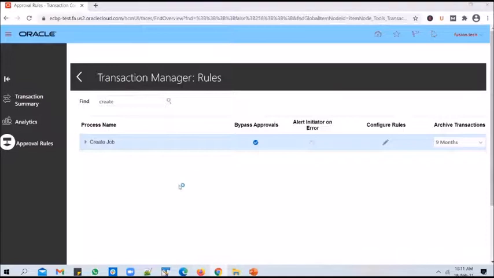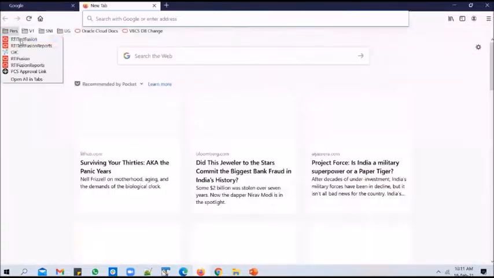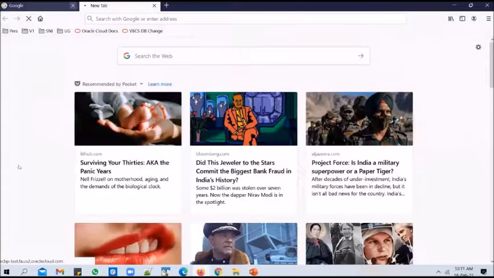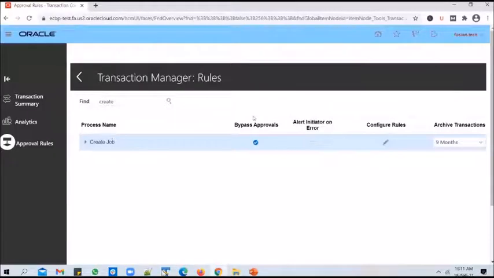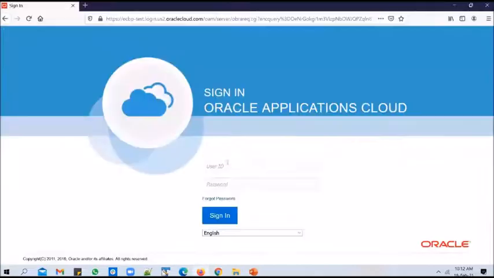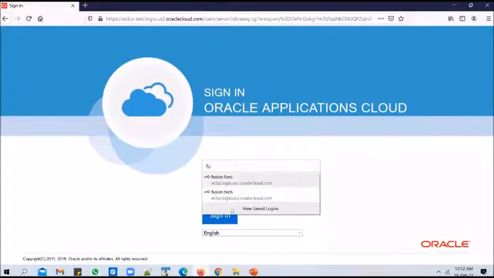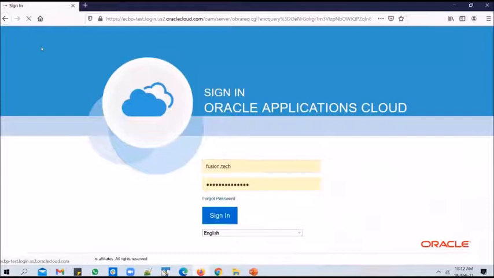So if I log into the application from a different browser, here at the moment in the instance, for a job creation, approvals are bypassed, right? What this means is, if any user logs into the application and creates a job, that job should get created automatically. So let me log into the instance as the Fusion.tech user.